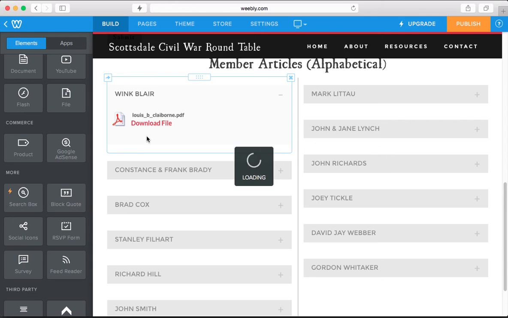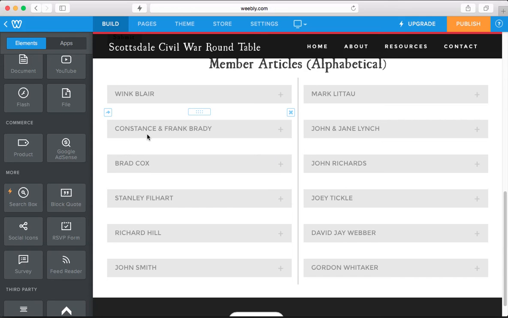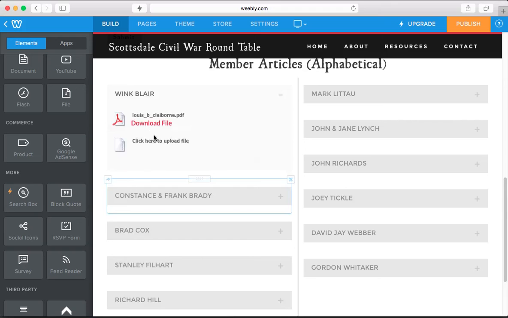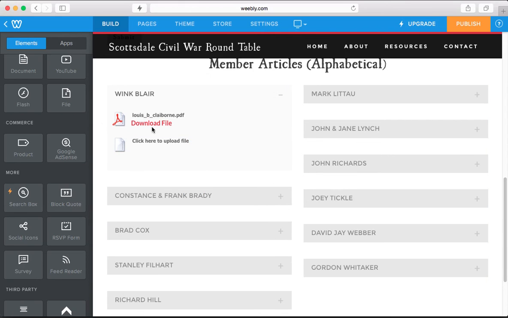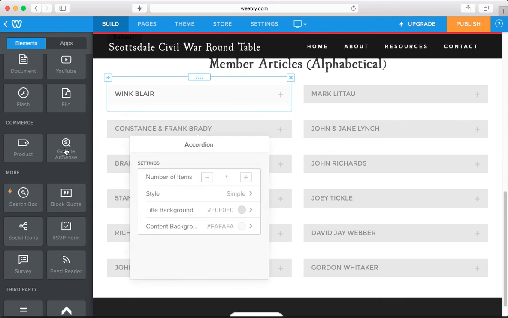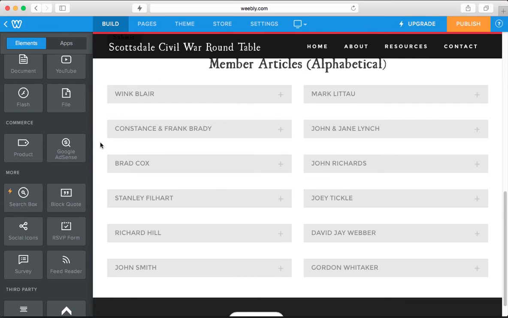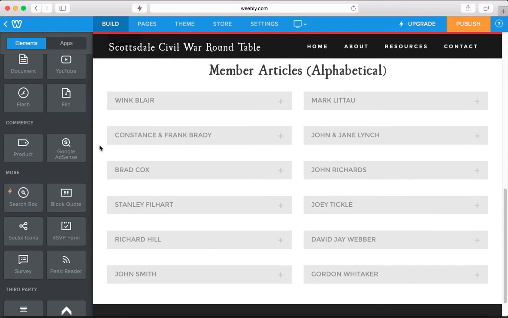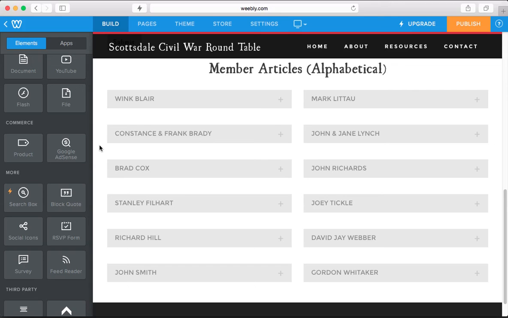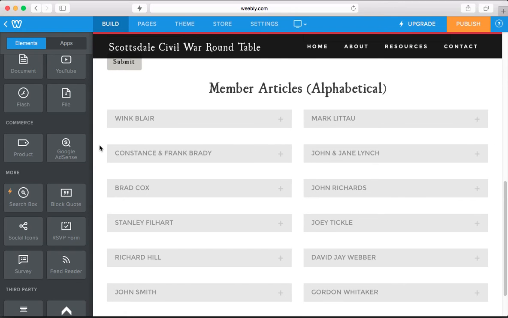Again, it adds the file selection area, and we can select a file like a picture, a PDF, to put up here and so other people can see it. When you're done, go ahead and click off, and you can minimize that to clean up the workspace. And that's how you add more members and more member articles to those members. If you're satisfied with your edits,